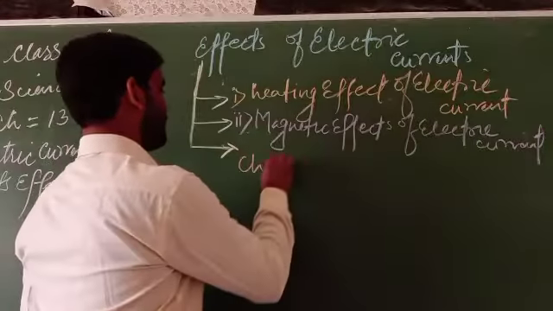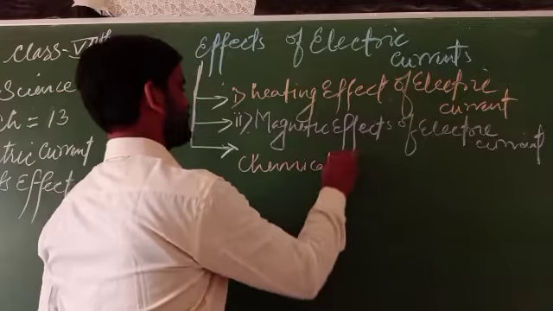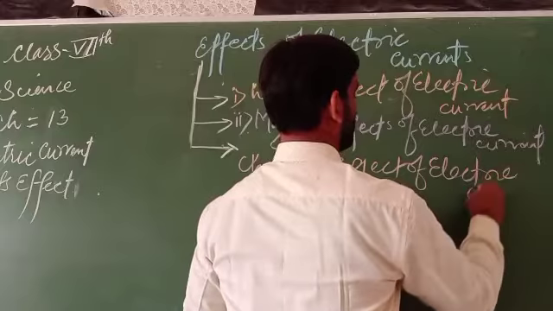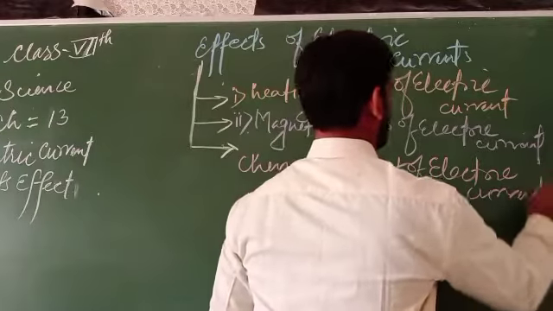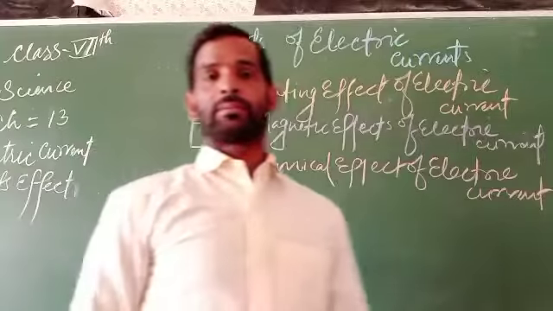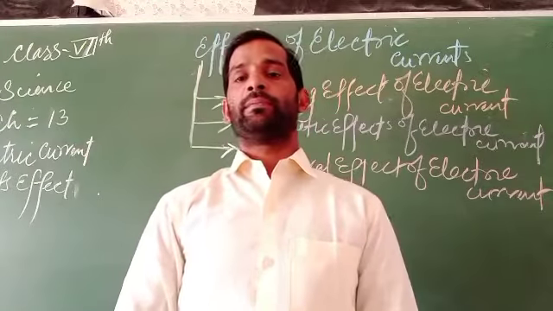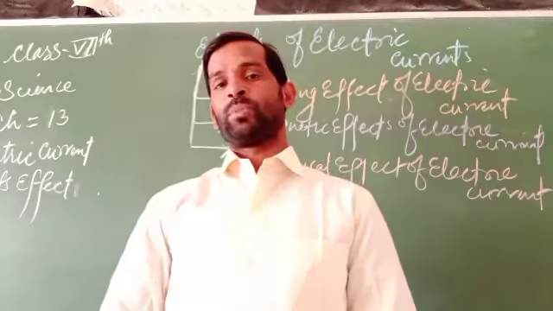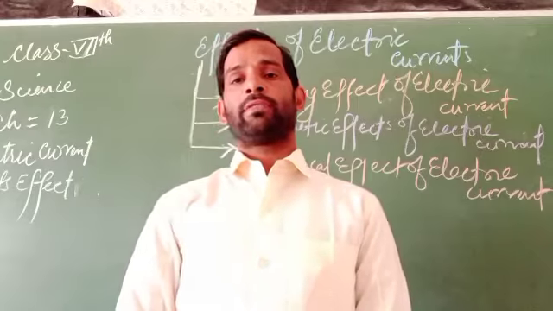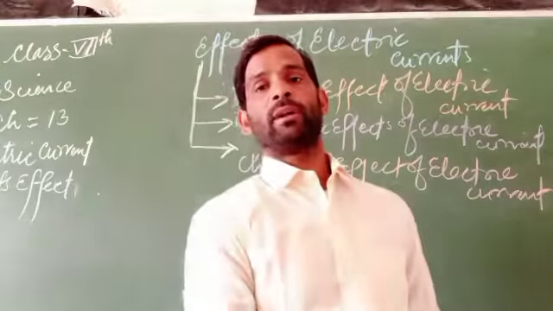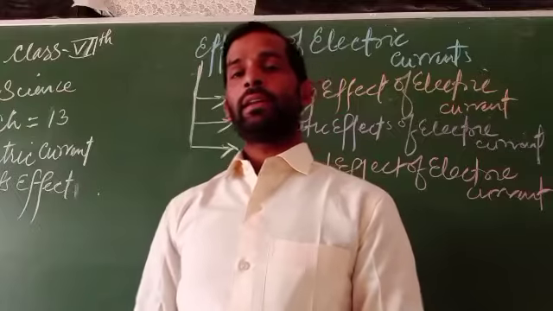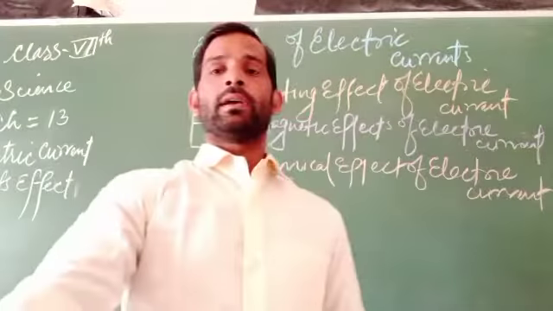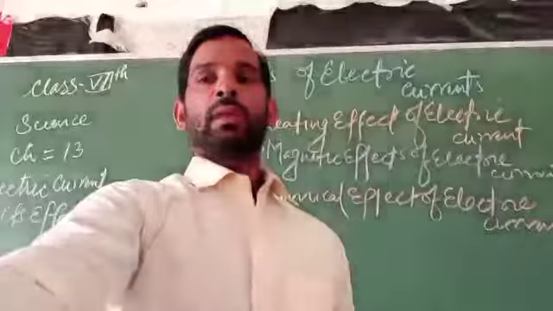The chemical effect of an electric current. Due to the continuous supply of electricity, the chemicals react as anions and cations. So this is called the chemical effect of an electric current. You can show this in the form of electroplating and electrolysis. Different types of electroplating and electrolysis can be done on the basis of the chemical effect of an electric current. Okay, in the next video we will